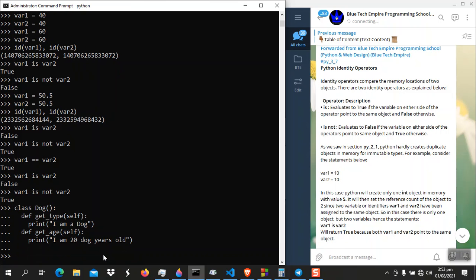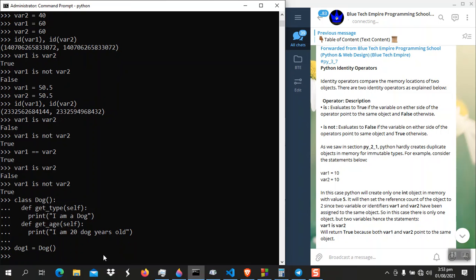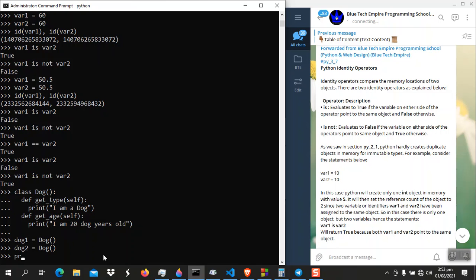Now let's create an object of that class. All right, so dog1 equal to dog, dog2 equal to dog. Now we can have init, but let's just leave it for the while. Dog. Now let's print